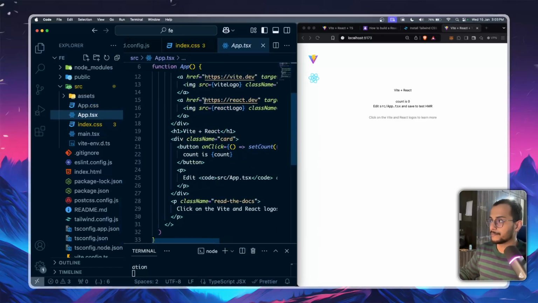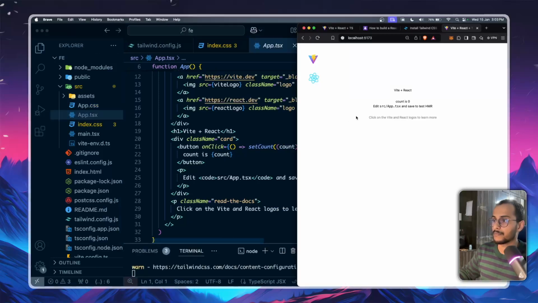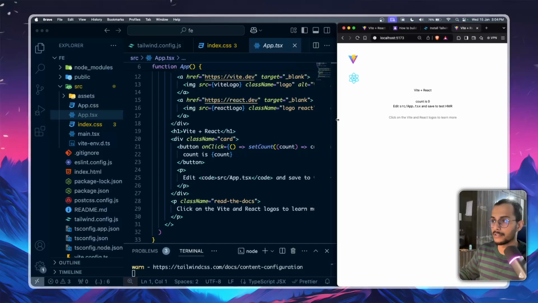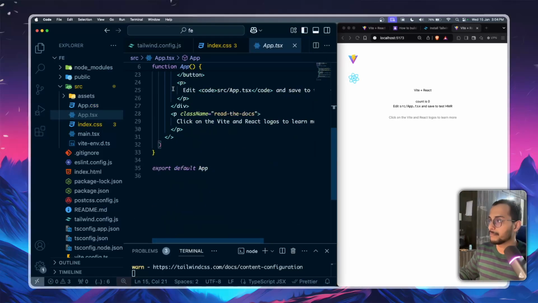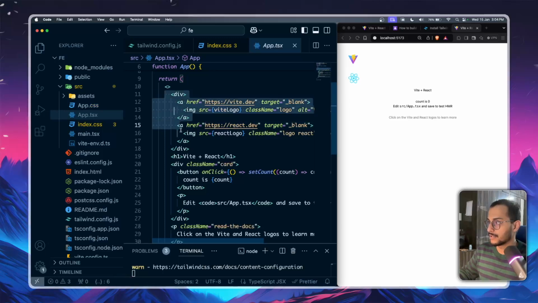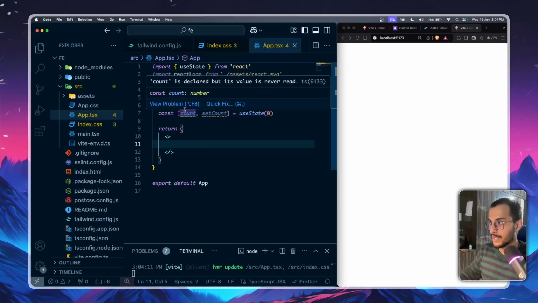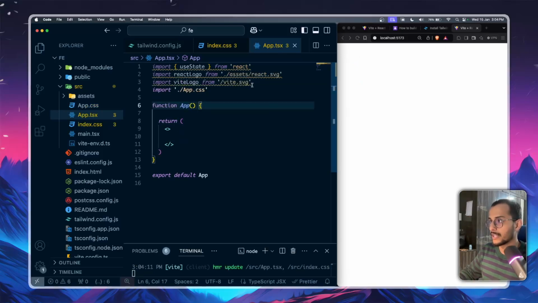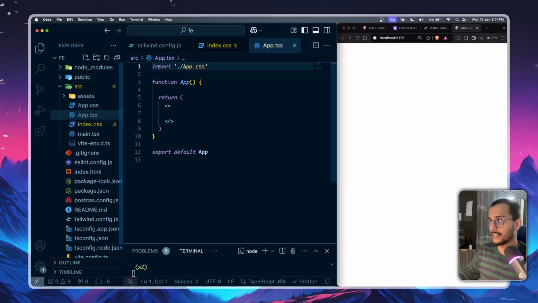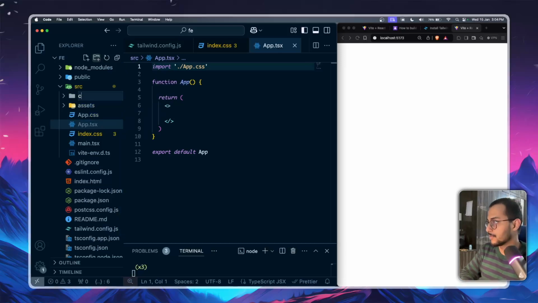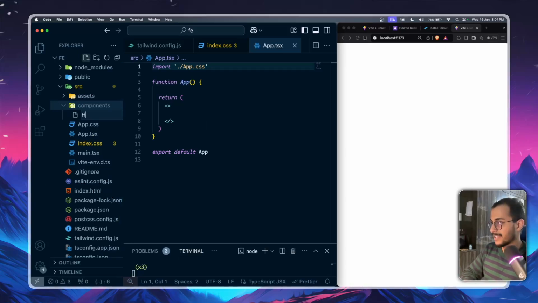We have this. Yep, I think it's visible to you guys. Yeah, so we have the app main folder, right? What we are going to do is remove all the unwanted files. Now we are going to add some components, but before adding the components we have to clean up and create some files. For example, components, and it will contain header.tsx for heading,